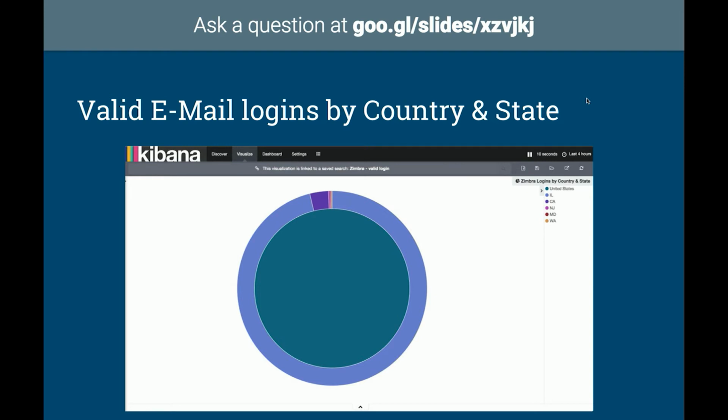What might be more interesting is to take this graph and say, show me the valid email logins by country and state and exclude the United States. Why would somebody from overseas be logging into our email system with a valid password? And that might be a quick way to identify, has anyone possibly shared their account information or had their account password guessed, because